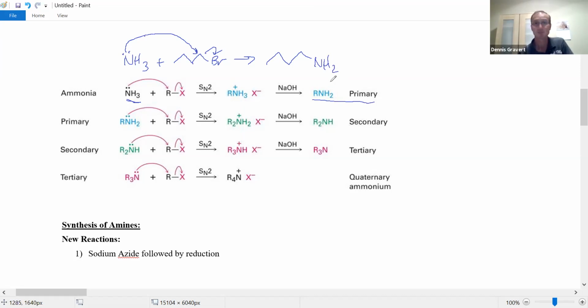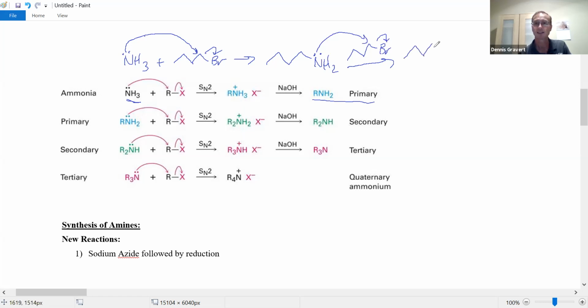We talked about how to name this. A butylamine would be the common name. And if during a synthesis problem on the exam, you want to make your amines this way, totally allowed. But in the lab, the yields are low and contaminated with higher order amines, higher degree amines, because this product is still a good nucleophile. Nitrogen has a lone pair. And so as the reaction's going, the product is being made, and the product can then attack another molecule of the alkyl halide